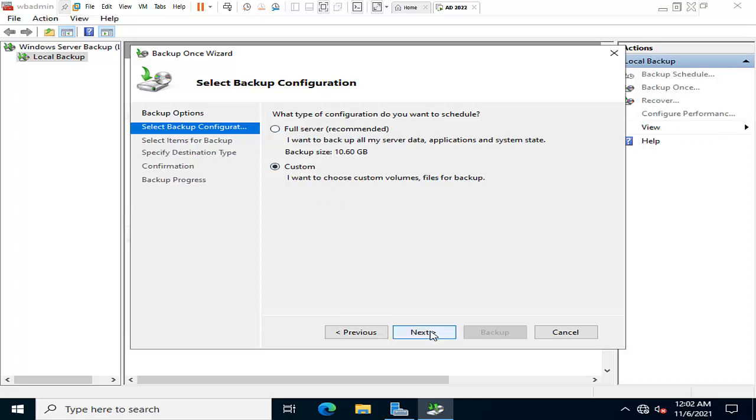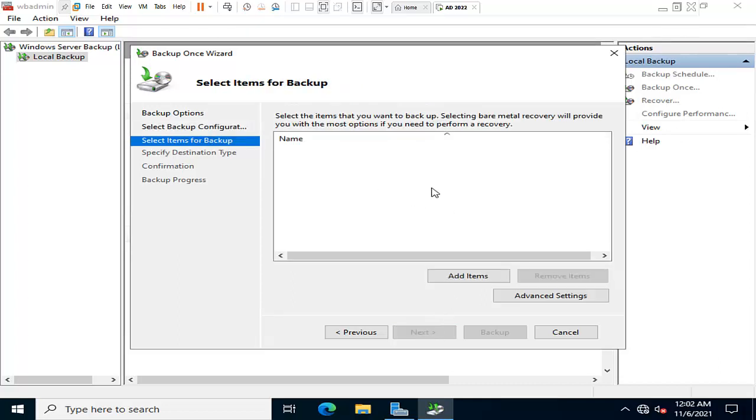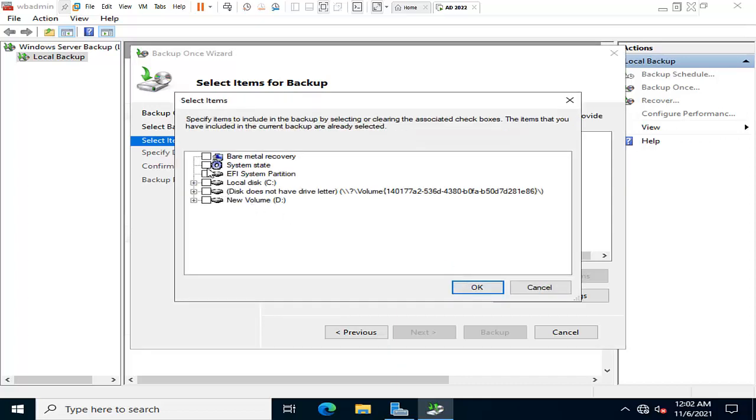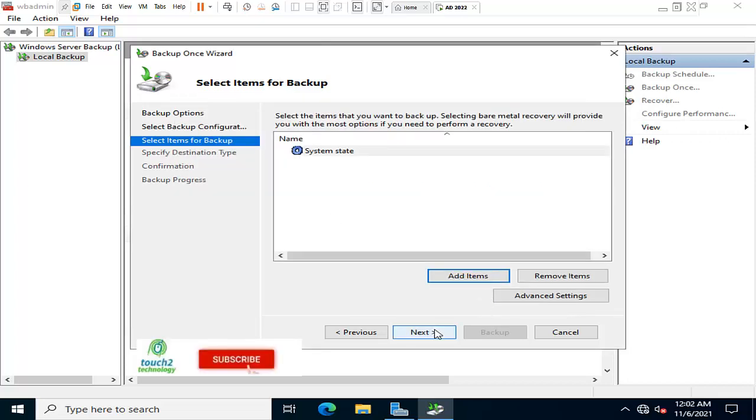Click on next. In this window you can click on add items. Here are multiple options: bare metal recovery, system state, and file system partitions, C drive, D drive. I just click on system state. Click on OK, click on next.